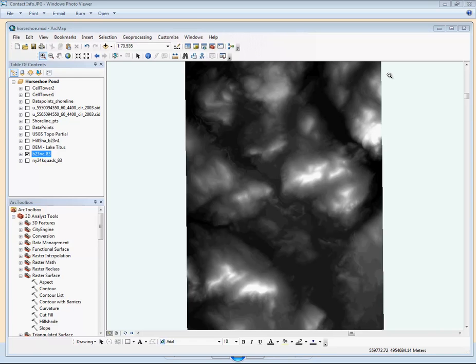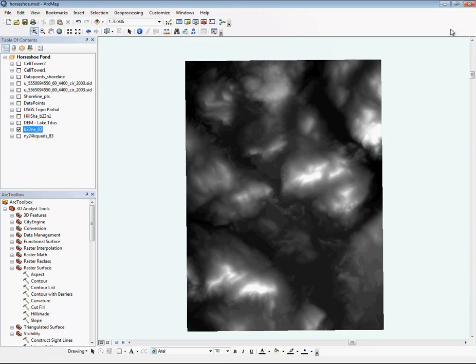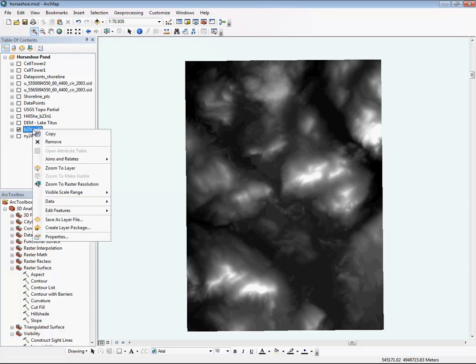So here I've already opened up an ArcMap session with a digital elevation model loaded in here. This is actually up towards the Adirondacks. We're going to work on a place called Horseshoe Pond. And so this is a DEM, and if I right click on the layer name over here and